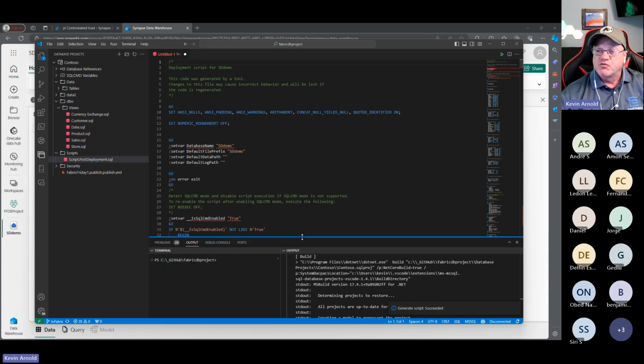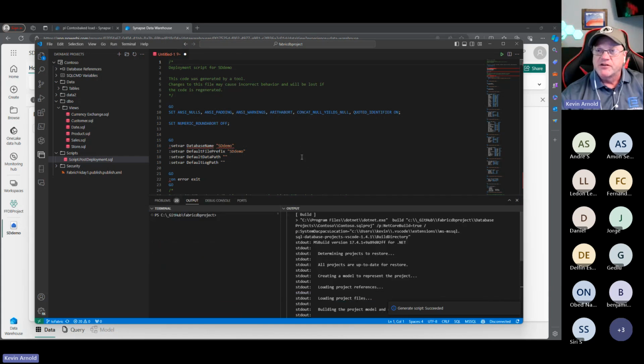This gets run as what's called a SQL command script. It's a little bit different than just a normal SQL script. So the first thing I'm going to do is connect it back to my database. I have to tell it the server that I'm connecting to, and then also the database name itself. Now I'm connected down here to SD demo. Because I need it to run as a SQL command, I need to turn this on, right?